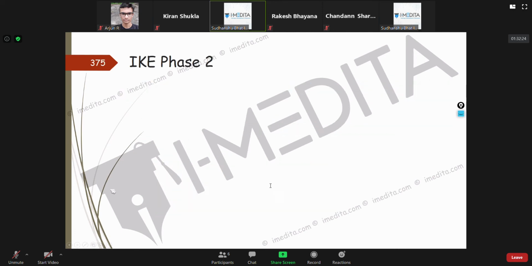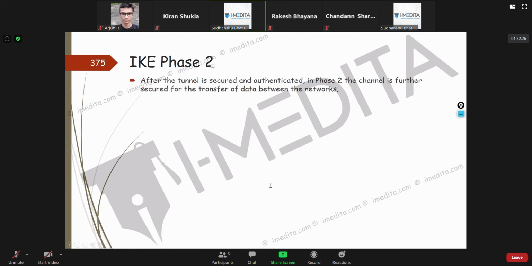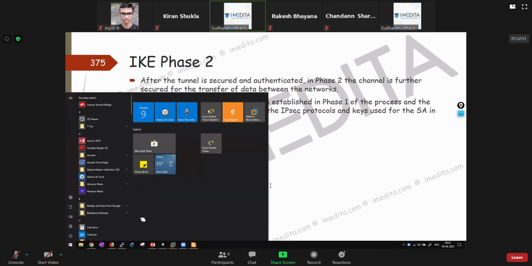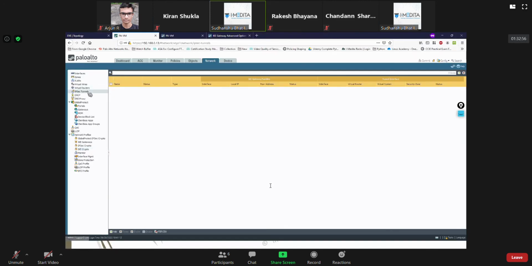So, in IKE phase 2, once the tunnel is secured and authenticated, the connection between the 2 peers is further secured for transfer. The actual data securing and encryption is defined by IKE phase 2, because you saw in here, when you define this IPsec tunnel, this is where we combine all this configuration.